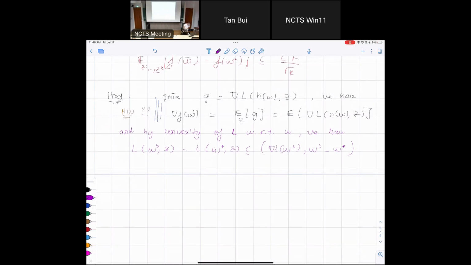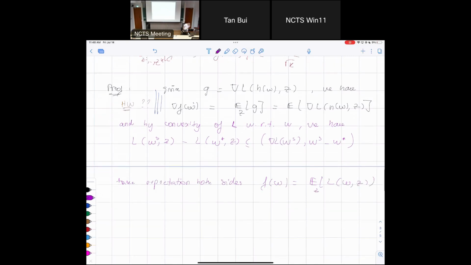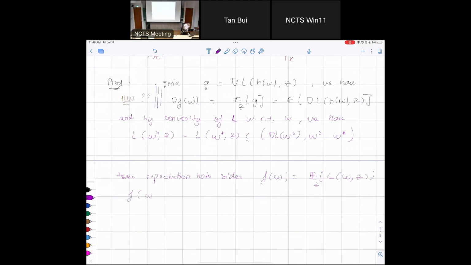So then take expectations on both sides, right? And notice that our F(W) is nothing more than, by definition, the expectation of L of W, Z with respect to Z. Then we have F of W_S minus F of W star, which is our risk, right? This is one point, only one point. And this is